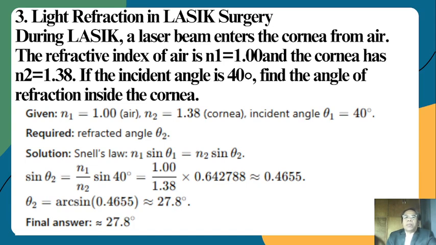So using the formula n1 times sine theta 1 is equal to n2 sine theta 2, which is Snell's law, we can obtain sine theta 2. That's equal to n1 over n2 times sine theta 1, using cross multiplication and substituting the given data. So approximately you will be able to get